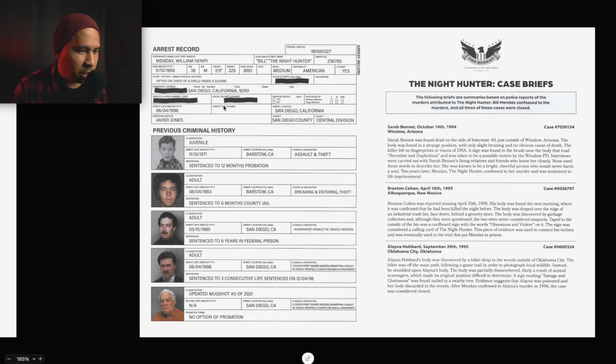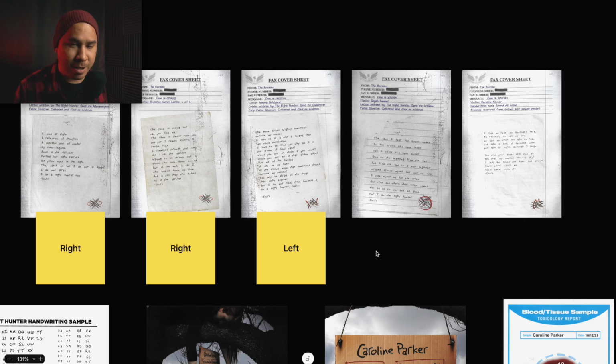Unless, let me see, does it say anything about his dominant hand? No, it does not. I didn't really do a complete handwriting check on the first set of letters, but let me do that really quick. I'm just gonna do it with the physical stuff because it's faster, and then I'll put my findings. Okay, so